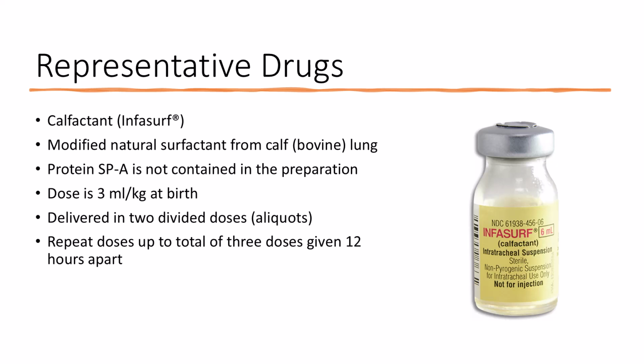Calfactant is administered via endotracheal instillation, meaning it is delivered directly into the infant's lungs through an endotracheal tube. The dosing is based on the infant's body weight, and it is typically given as a single dose shortly after birth, or as soon as respiratory distress syndrome is diagnosed. In some cases, additional doses may be required if the infant continues to show signs of respiratory distress. The administration process requires careful attention to ensure proper placement of the endotracheal tube and even distribution of the surfactant